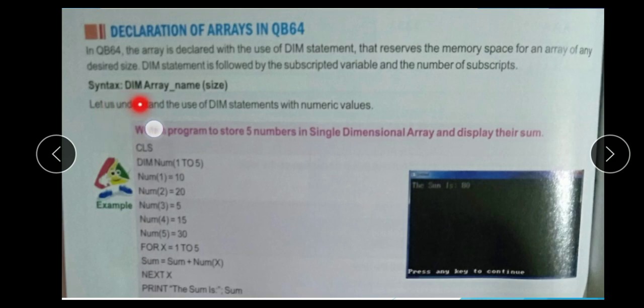Let us understand the use of the DIM statement with numeric values. Here is the program. Write a program to store 5 numbers in a single dimension array and display their sum. DIM number 1 to 5. Number 1 is 10, number 2 is 20, number 3 is 5, number 4 is 15, and number 5 is 30.